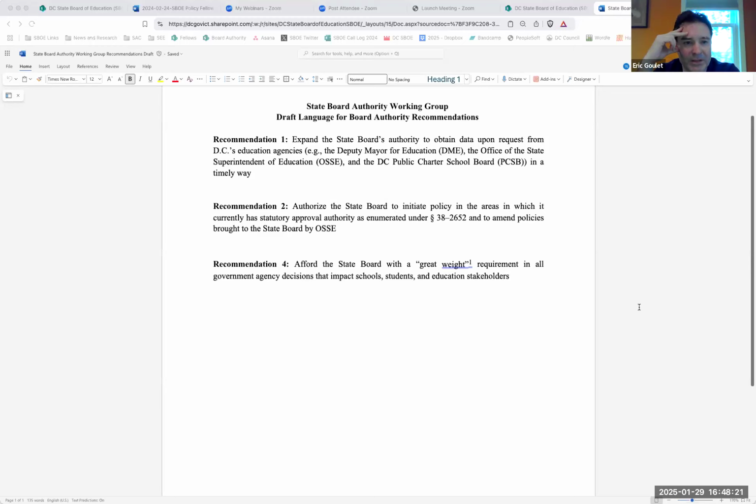But I think where I ultimately stand on this is I just don't know that we've proposed safeguards that are sufficient to prevent a future iteration of this board from sending too many requests to OSSI. And it's not just that OSSI wouldn't have time to do the work, but I would fear that it could be rushed. Like if we have OSSI pumping out a bunch of standards to meet some artificial deadline that a future state board sets, would we even have the capacity, and not we as in the current board, but a future board, to really give the type of public process that I feel has been beneficial with the standards that we've approved?